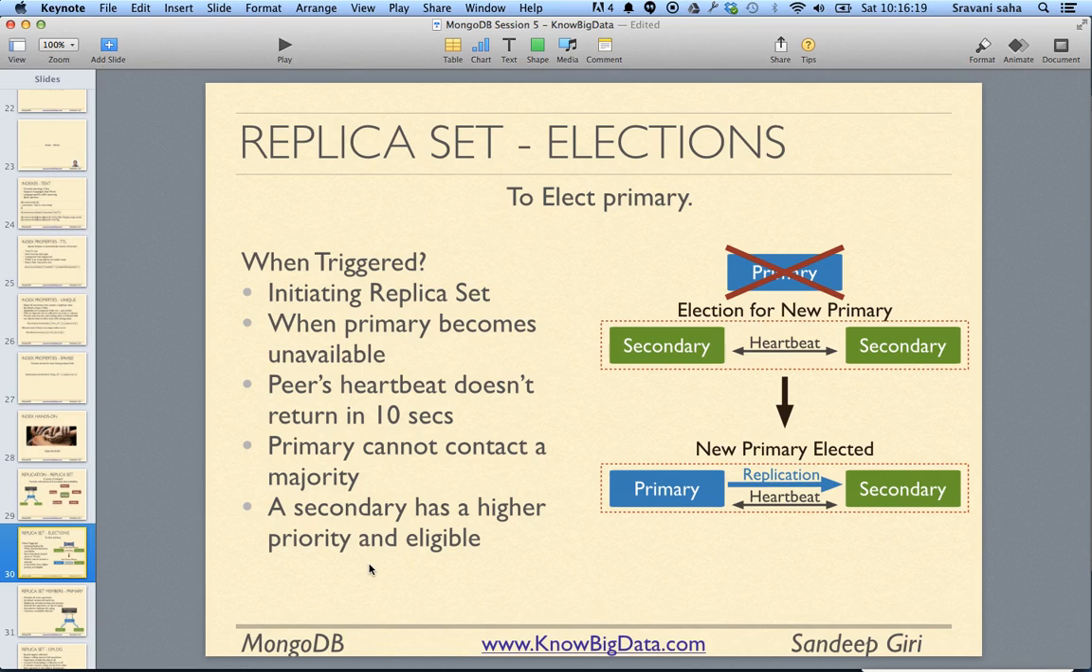So before we move on, let's talk about elections. The election's role is to elect the primary. Who becomes primary? The primary is the one who is responsible for all the writes. So when are the elections triggered? First, when your system boots up, or when you are initiating the replica set. Or the moment the primary becomes unavailable for whatever reason, when a peer says that this member is not responding